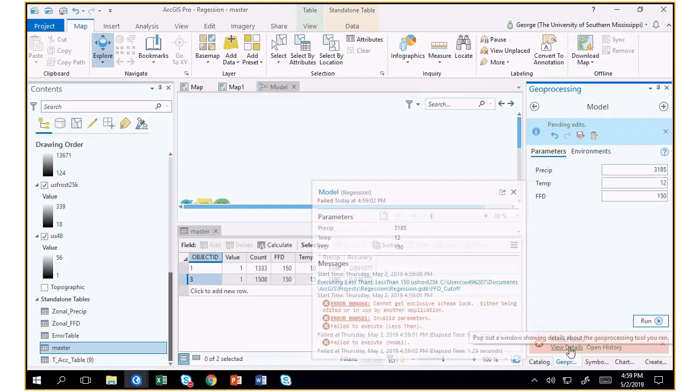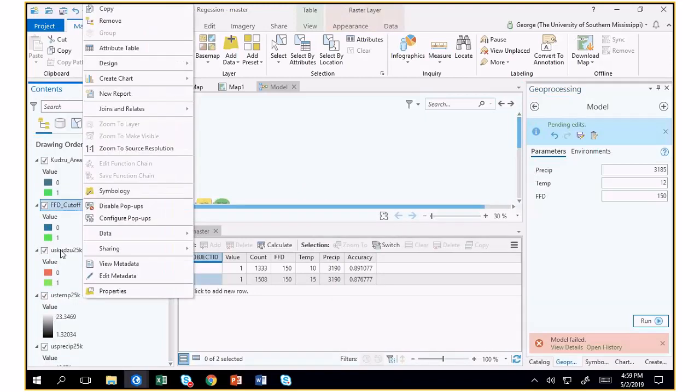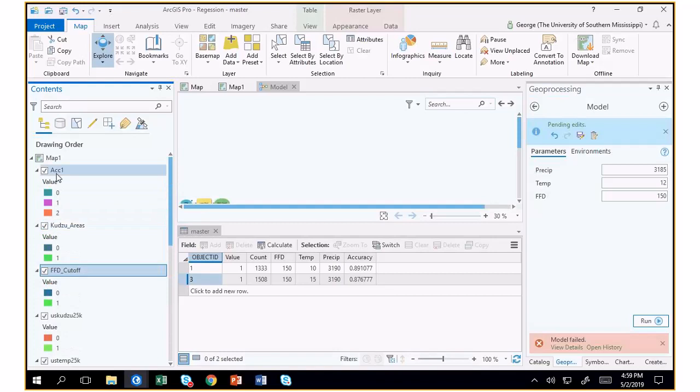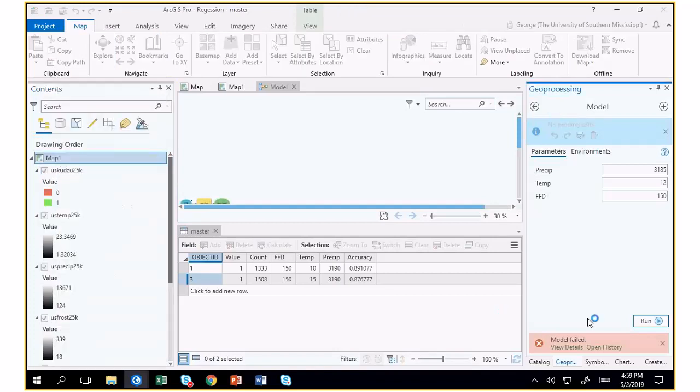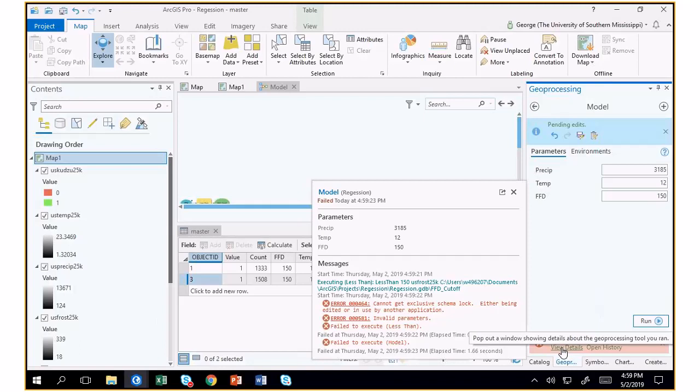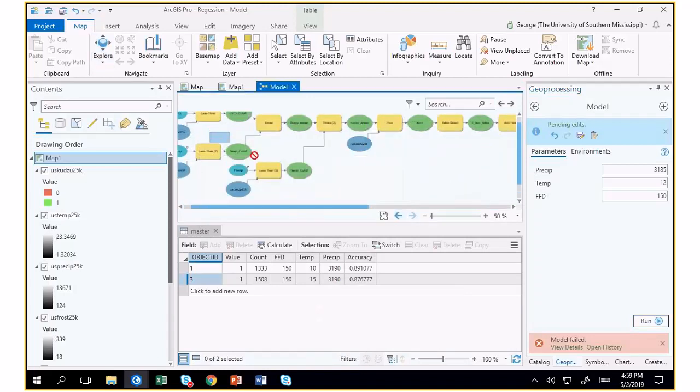So that failed right on the first one, the FFD cutoff. So maybe if I just delete all these layers, let's see if it lets me do it then. Nope. Okay. So if I want to make this so that I don't have to do that, because that is really annoying,